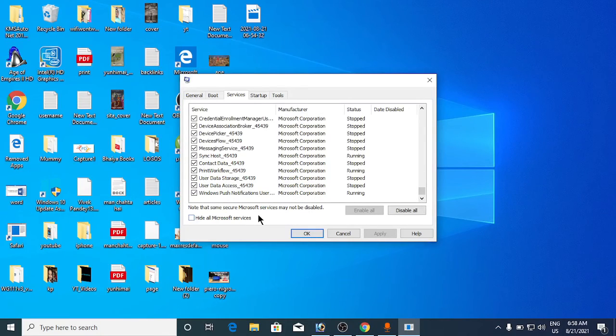Now you can also do the select all option and you can simply click on enable all here. Okay, so if the enable all button is there, that means one of the services is not selected. So you need to click on enable all, then you need to click on apply, then you need to click on OK. So with these 5 methods, one of the methods is going to fix your Wi-Fi option not showing in Windows 10